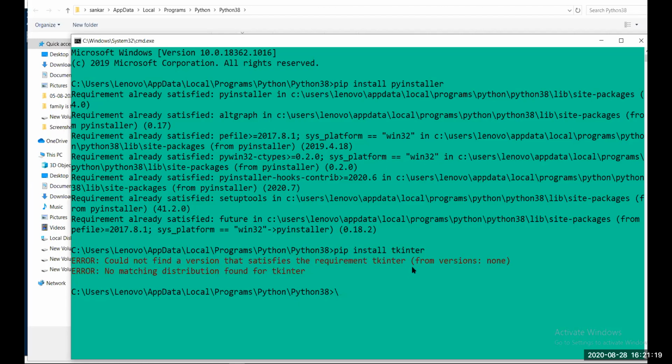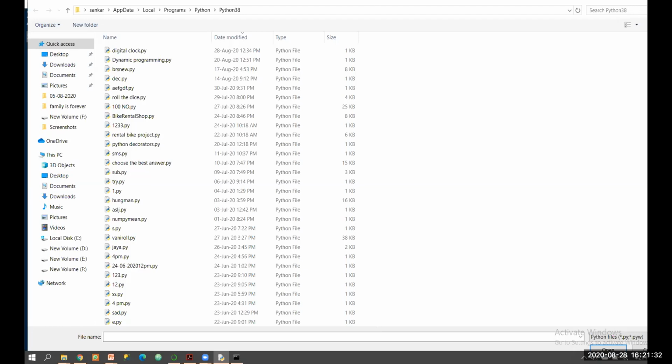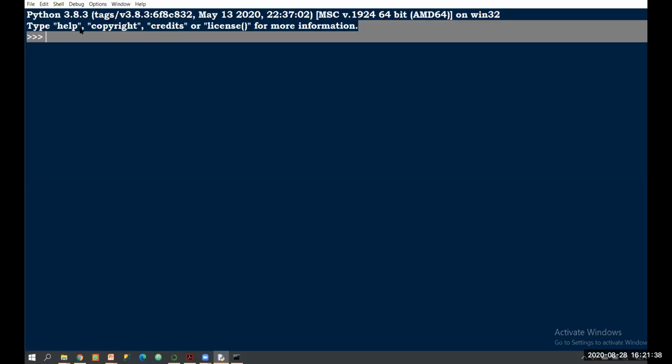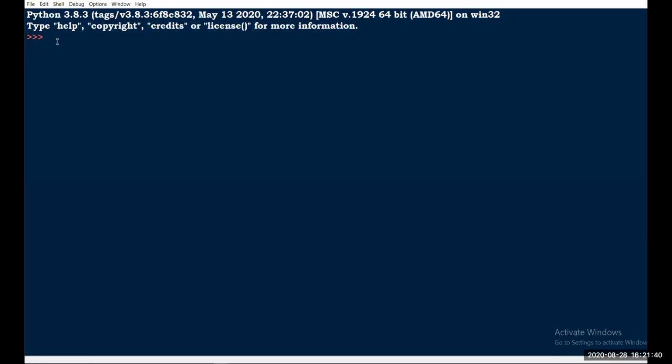Some Python versions have it built in. So tkinter is, in some cases, an inbuilt library. First go to your IDLE or Jupyter and check import tkinter.